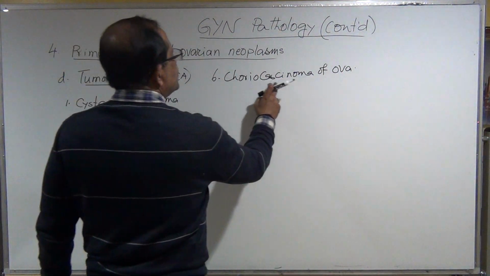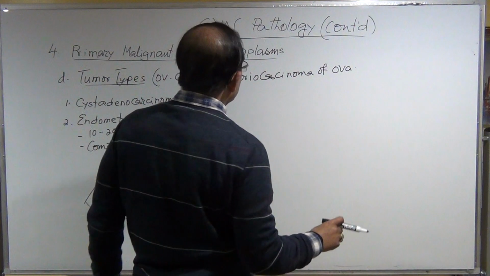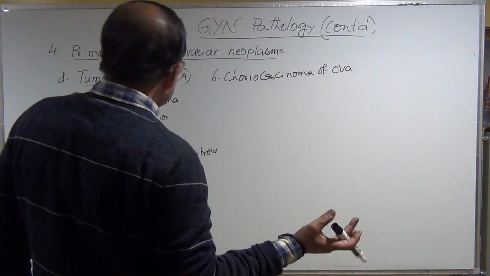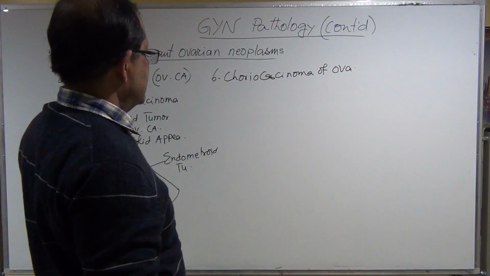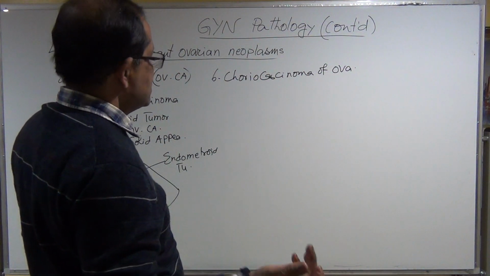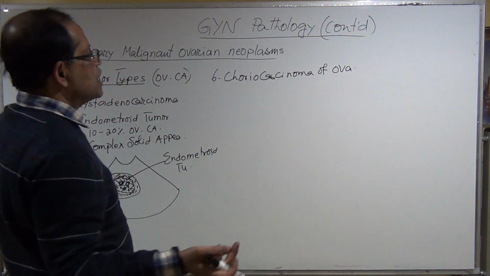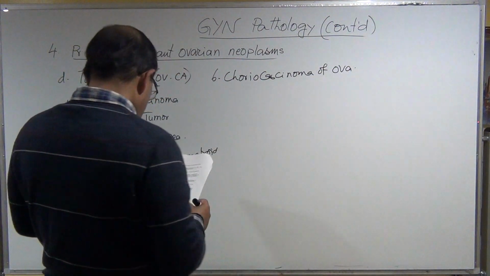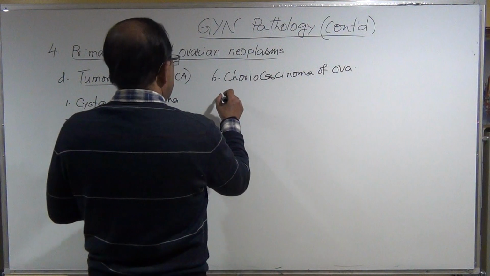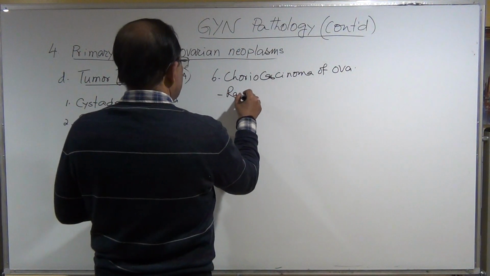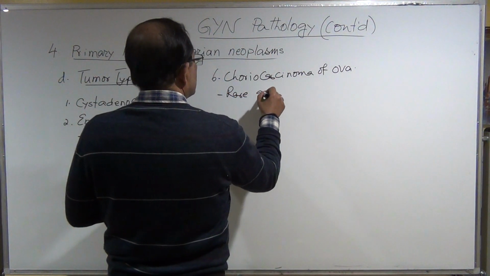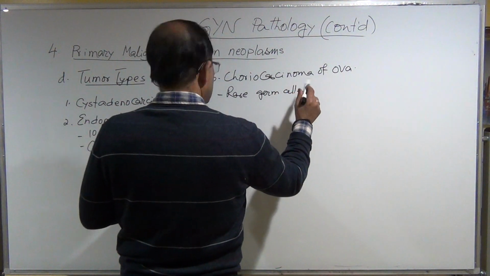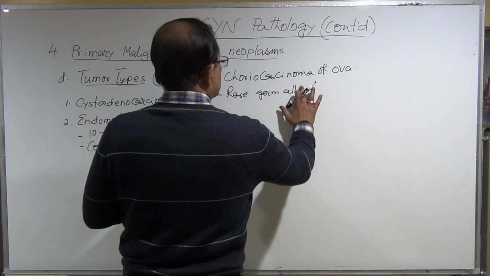Just understand, choriocarcinoma means it comes from the chorionic cell. It's an aberrant placental cell that gives rise to the carcinoma, just the same as choriocarcinoma of the testis. Okay, so this choriocarcinoma is a rare germ cell tumor,